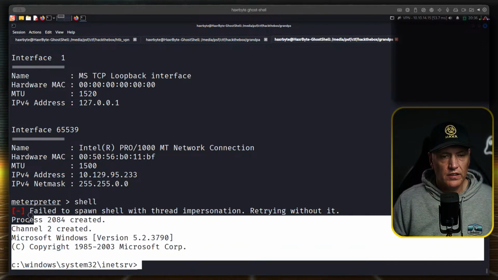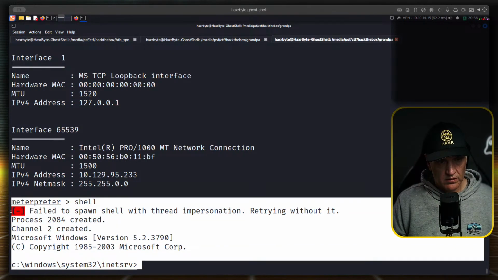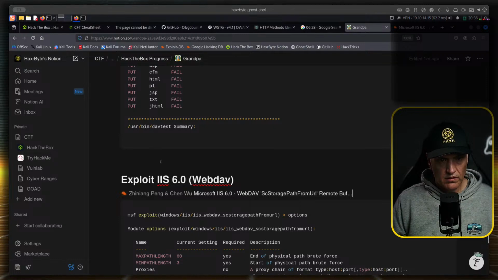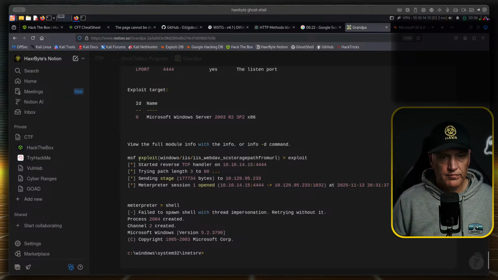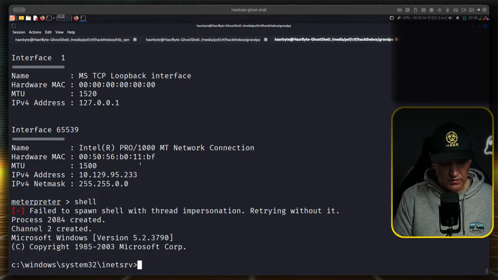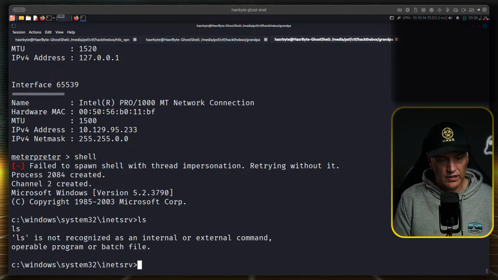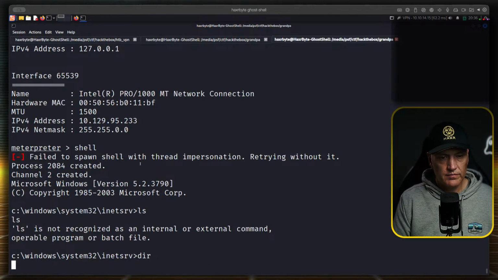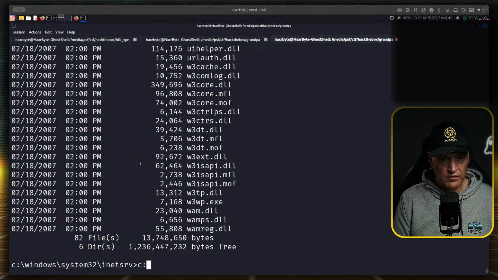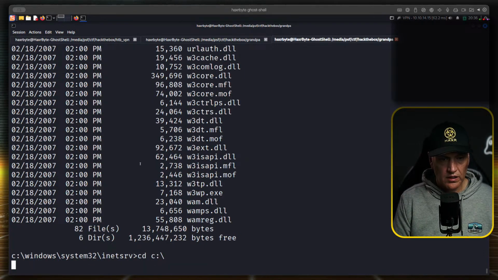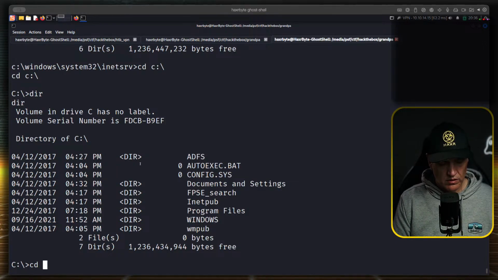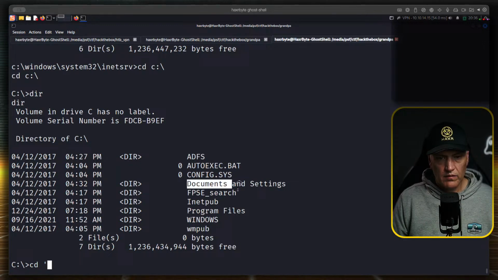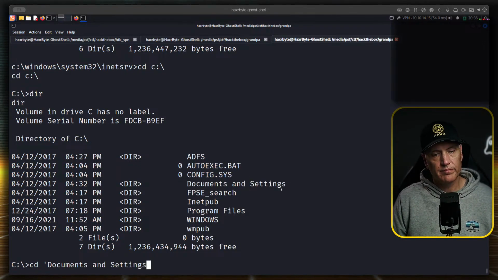This might make it a bit easier. Okay, let's see, where are we? Can go to the root of C, cd C. Yes, we can. Documents and Settings.